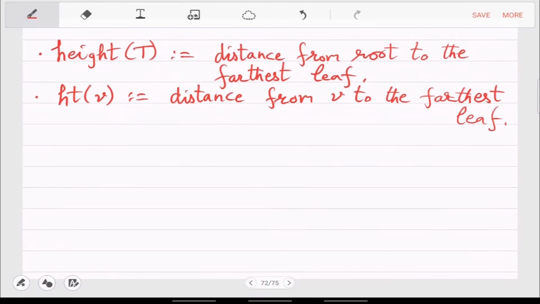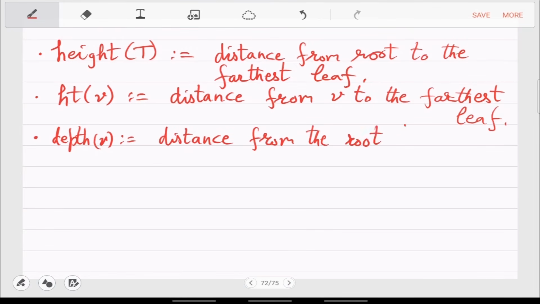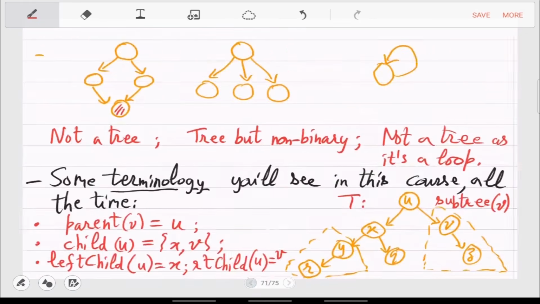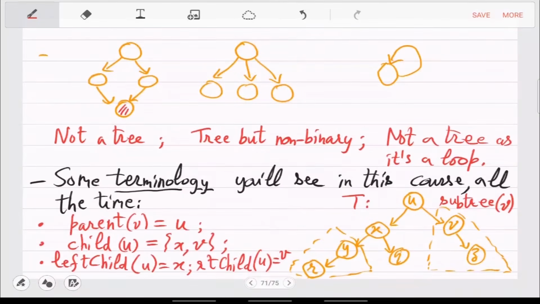And depth also can be defined, it's the opposite. So depth of V is just the distance from root to V. Right, which in this case is, depth of V is also 1.